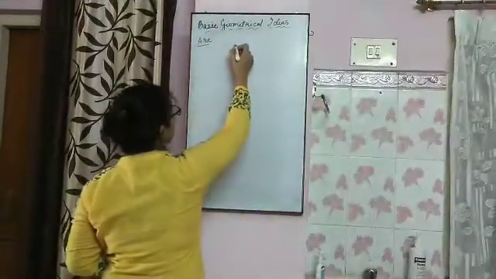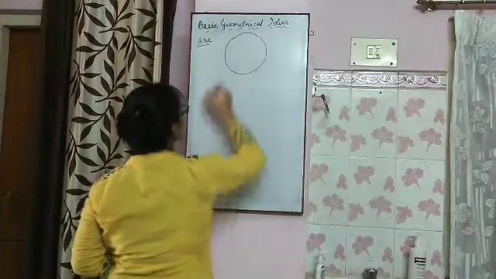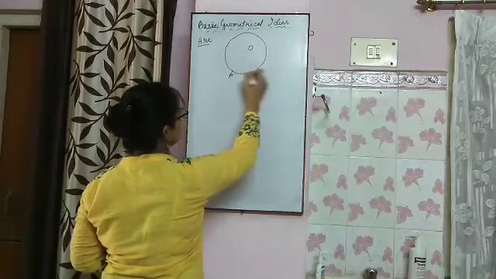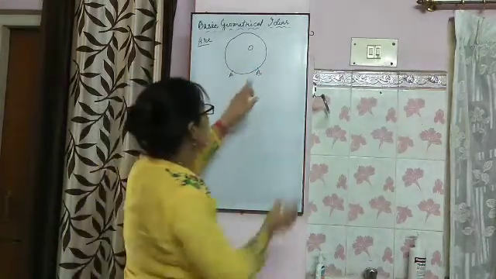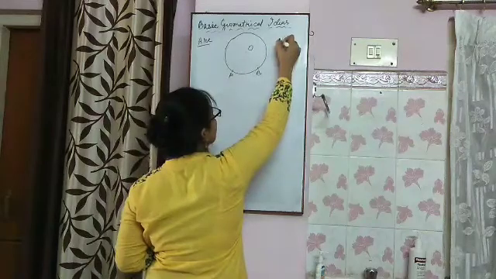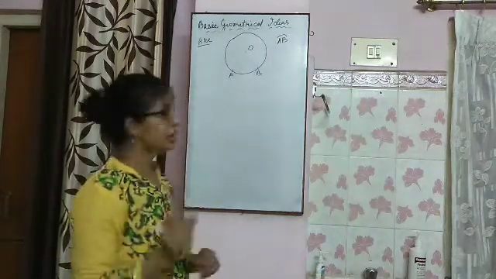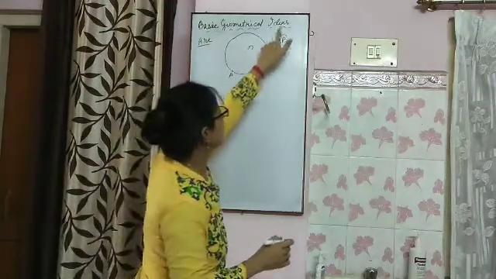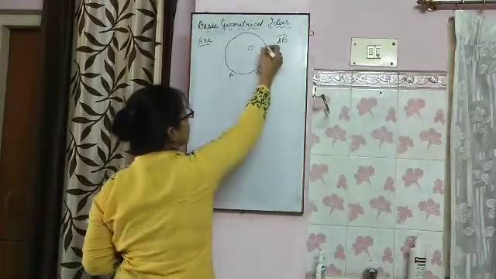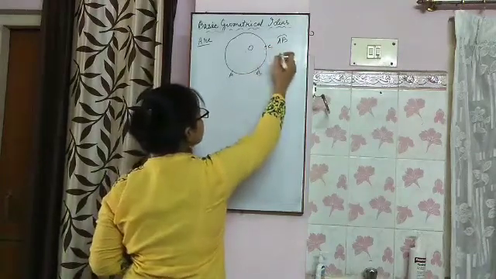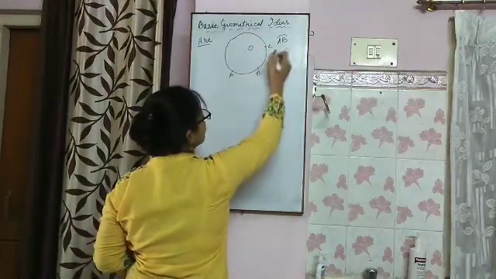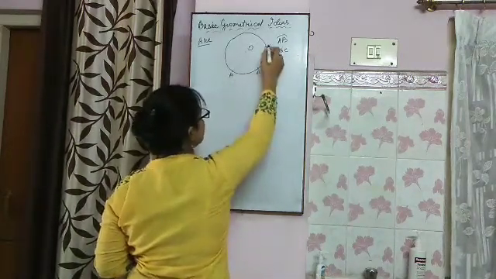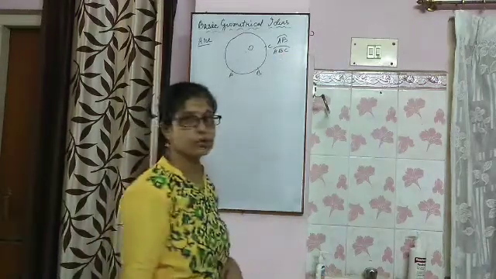So now it's an arc. What is an arc? If it is a circle, then if we cut a portion from the circle, then it is called arc. So we name as A, B, and like a straight line. How we name this line segment? Here we will name AB, and there you have to draw an arc. Suppose there is another point C. How to name this AC? For naming AC, we will say the B point also, A, B, C. So A, B, C, arc means this one.